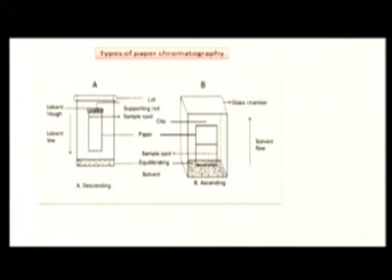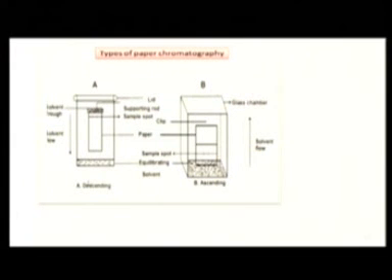In this picture you can see there are two types of chromatography, as we said, partition and adsorption. Coming to the partition, the first one is paper chromatography. Again, in paper chromatography there are two variants you can see: one is descending, the other one is ascending. If you see here in this system, the solvent is moving in this trough and the solvent is moving downwards. So this system we call descending.